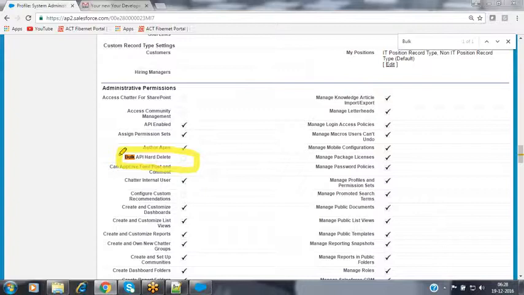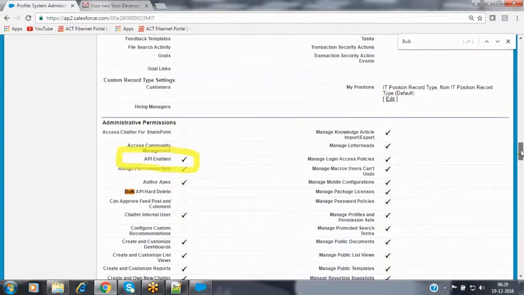The hard delete operation can be performed only by the user who has the bulk API hard delete permission at the profile level. Then only can he directly remove the records from the Salesforce instance. For that, this profile level permission should be enabled for that user. Now let's see how to enable this profile level permission and how we can perform this hard delete option.